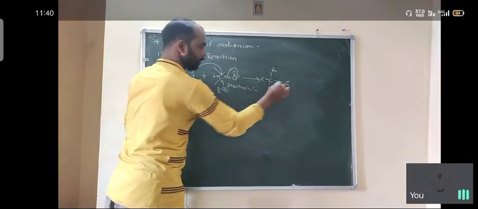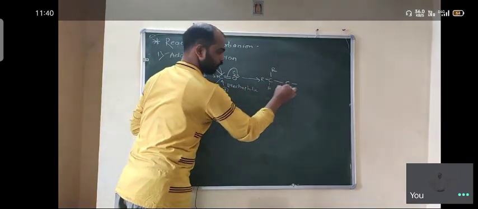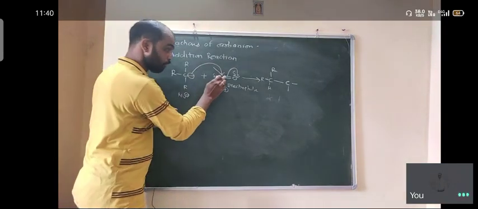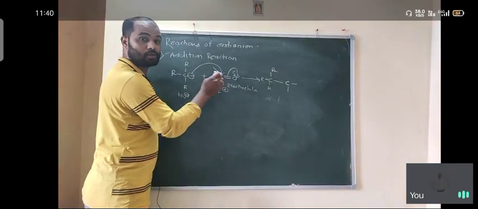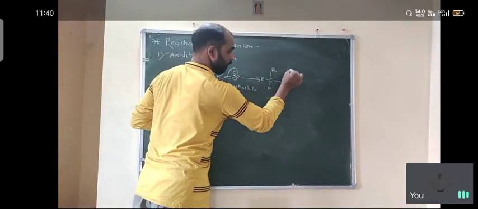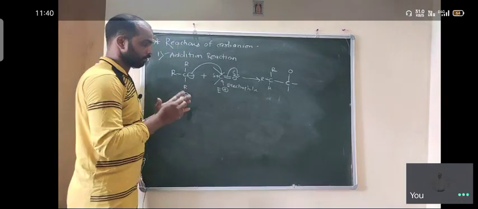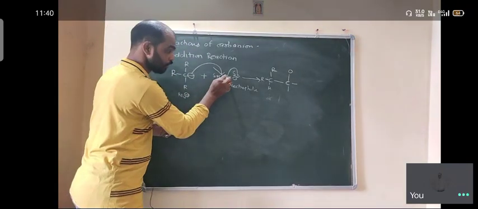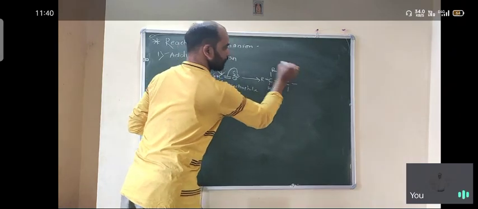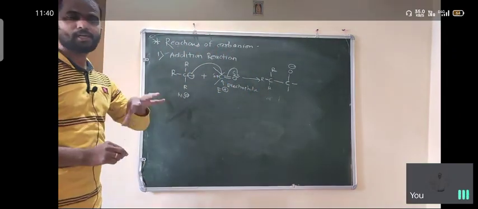This carbon has already 2 valencies; here is an aldehyde or ketone, whatever is present. But what happened here? The double bond breaks and converts into a single bond. So here only a carbon-oxygen single bond is present. These 2 pi electrons are delocalized on the oxygen, which means oxygen gets the negative charge.